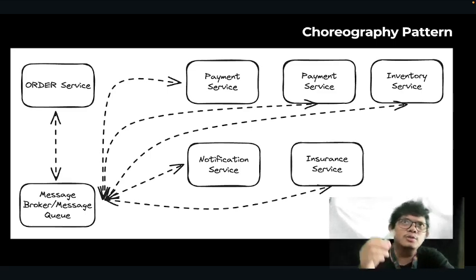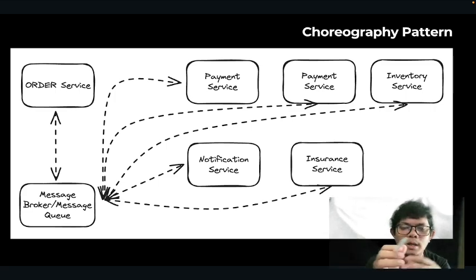Okay, so in short, with choreography, we are setting our services free to respond independently. The orchestration, on the other hand, requires us to add new wiring in the central controller. So it makes our setup a bit more hands-on each time we grow. I hope you understand the difference between the orchestration and the choreography pattern within this image.